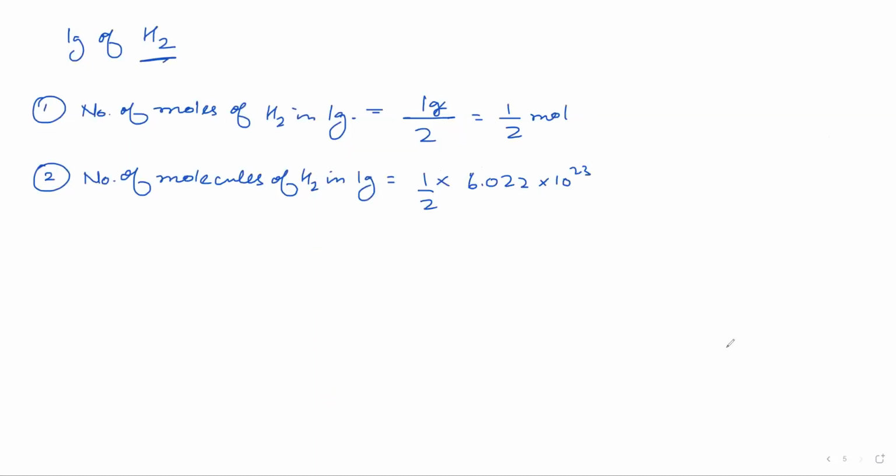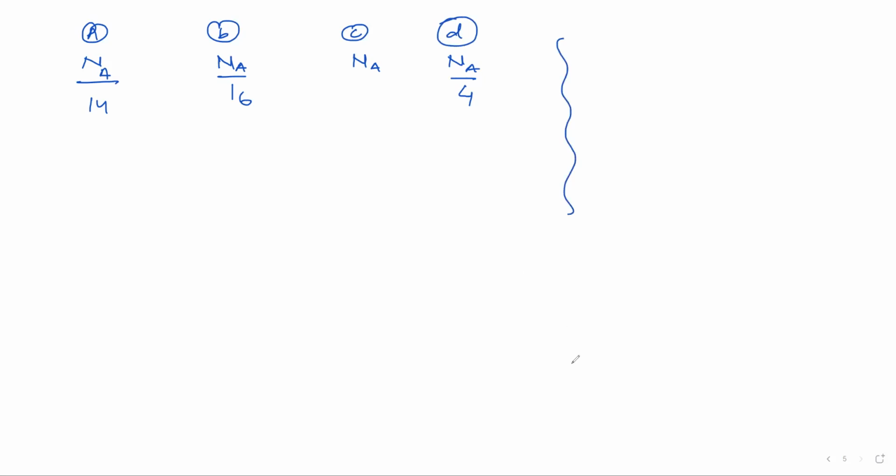Those who were having problems here, you have, sorry, not Na like this, it is Na like this. Na by 14, you have Na by 16, you have Na by 2, and you have Na by 4. A, B, C and D. Some of you said that Na by 16 is the largest. Correct? Who said Na by 16 is the largest? It was Umar who said Na by 16 is the largest, and it was also Nida who said Na by 16 is the largest. Nida is now saying C.